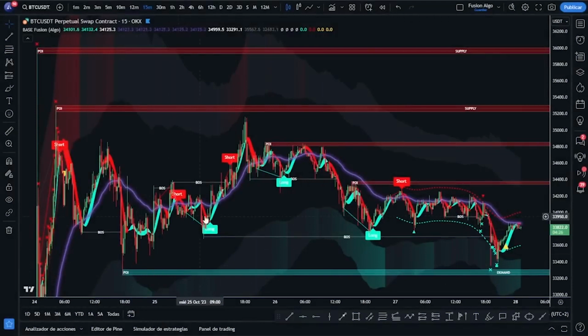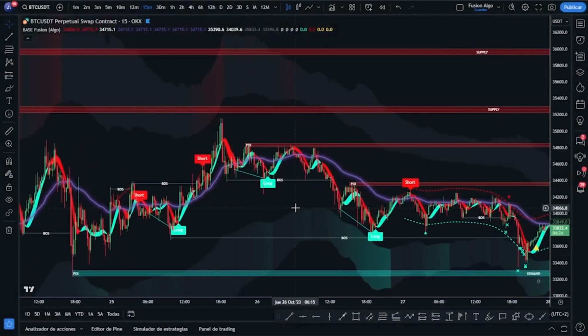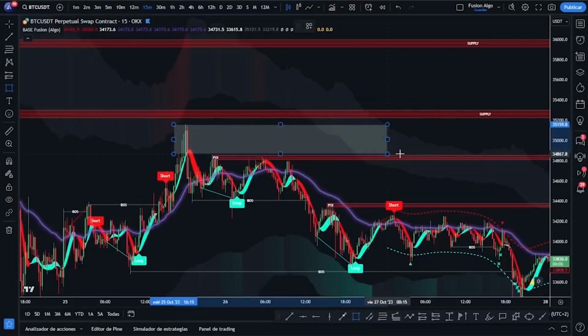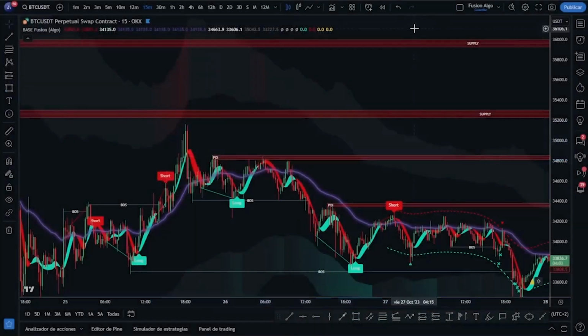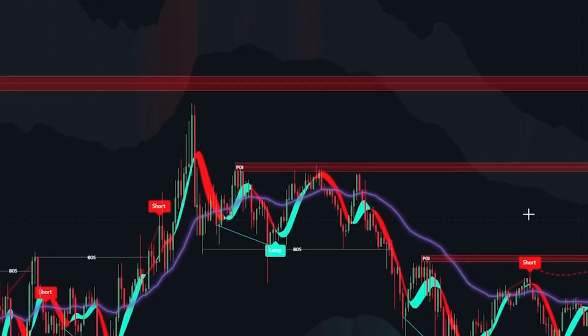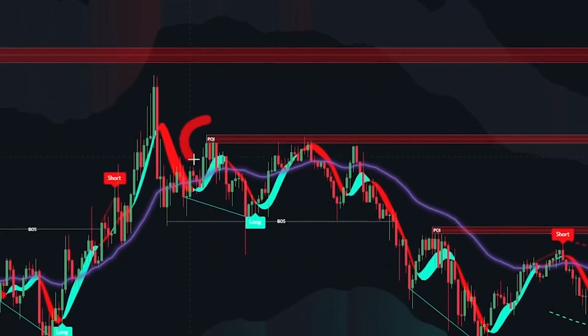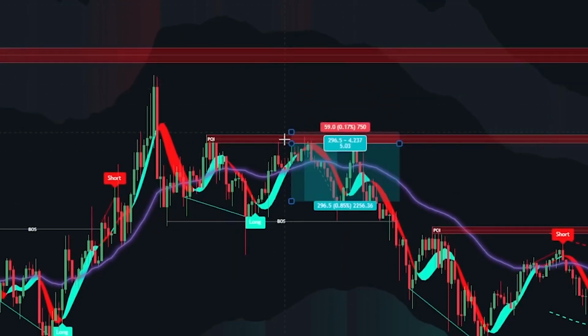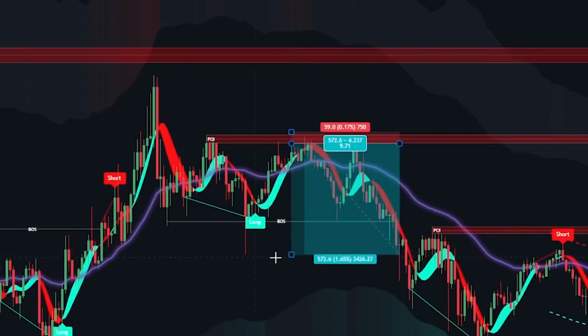of interest, to make it much clearer in which zone of the structure we are, being able to give us more information about the typical smart money strategies that use order blocks. As you see right here in this supply zone, it marks it for us first at this point, and after that structural break occurs the rules tell us that we could wait for the price in this order block,